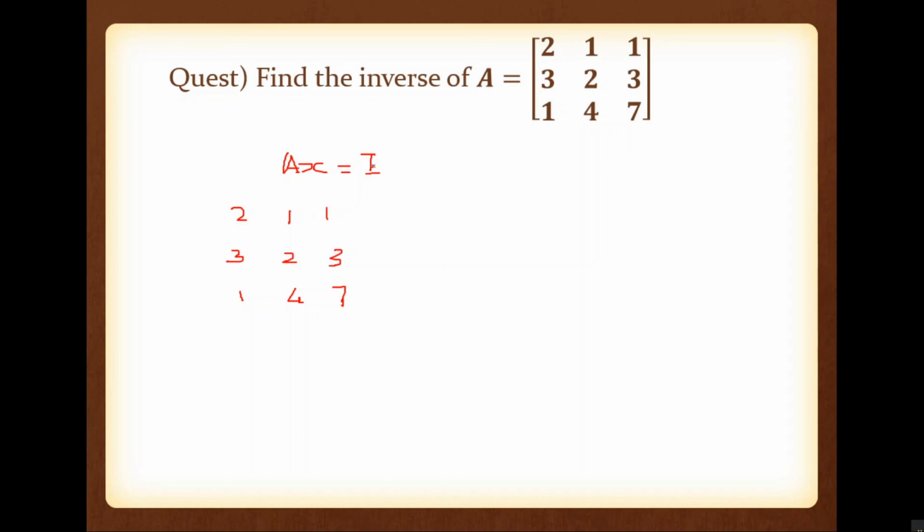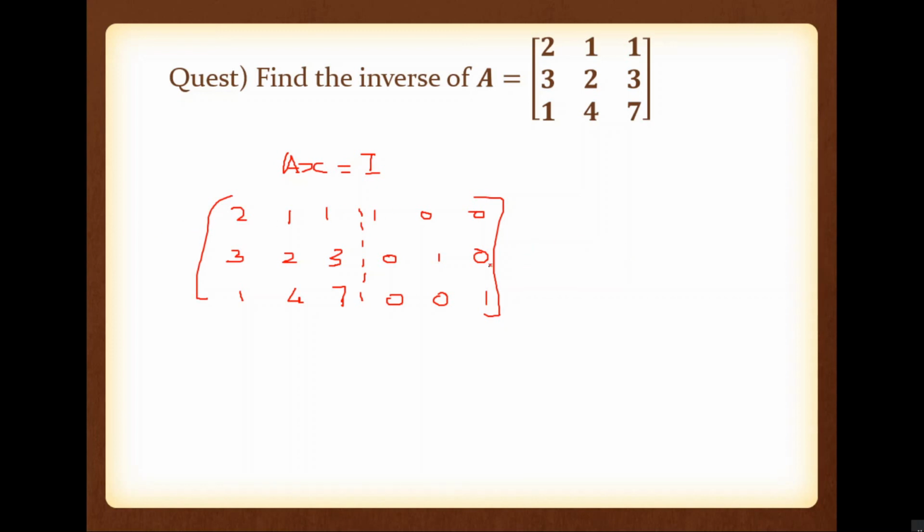Now what is the identity matrix? The order of the identity matrix is exactly similar to the order of A. So the identity matrix is 1, 0, 0, 0, 1, 0, 0, 0, 1. If possible, here you can put a dotted line. So this one is the augmented matrix, but this one is the system part, this one is the output part. Now do the Gauss-Jordan method. Do 3 eliminations.